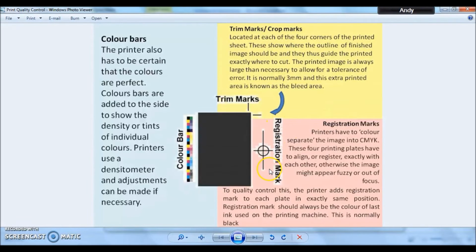And finally the registration mark, each of the CMYK plates will print this cross, so if there is only one cross, it shows that the plates are aligned correctly and are printing in line with each other. If there is more than one cross there, it means that somewhere the print plates are unaligned and need to be adjusted. So those are the 3 quality checking